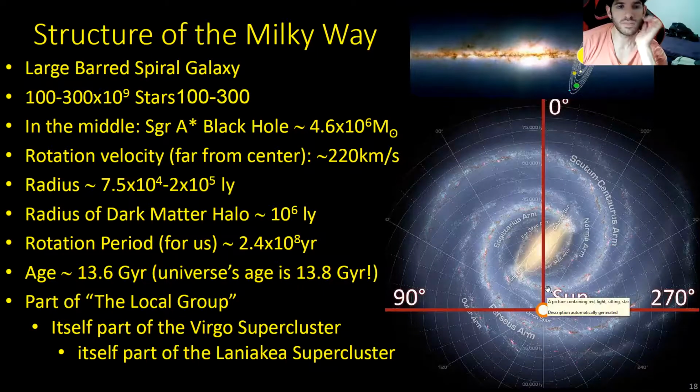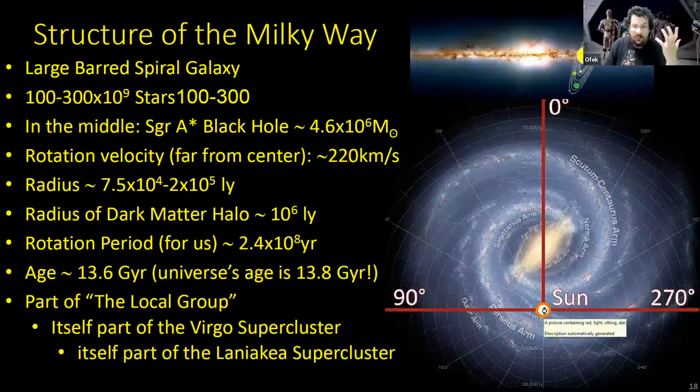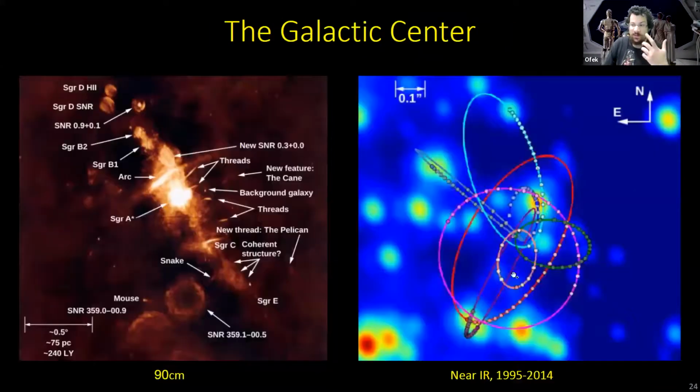And what this means, of course, is that it's very hard to look into the center of our own galaxy, because you have spiral arms and dust lanes, and a lot of things obstruct the view